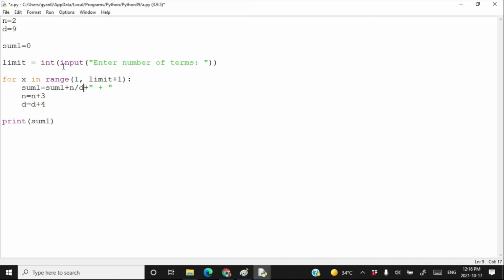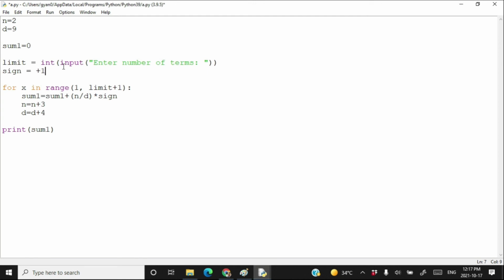Sum1 is equal to sum1 plus n by d, multiplied by sign. N by d will be multiplied by sign. Initially the value of sign will be plus 1, and then keep on changing the value of sign for every iteration.